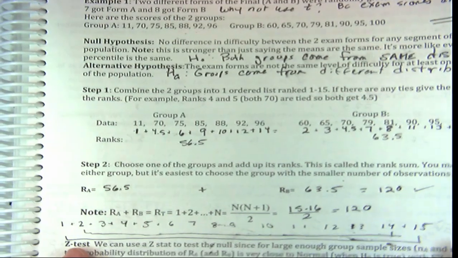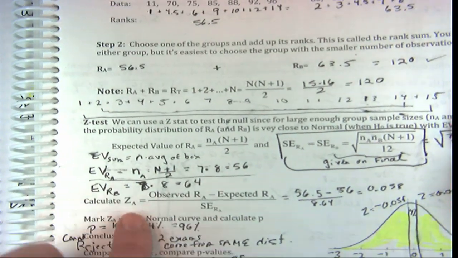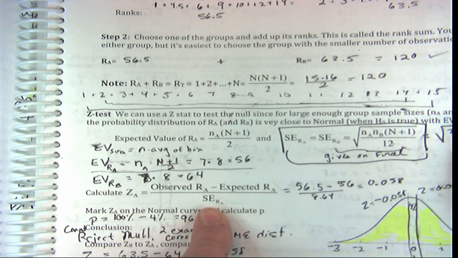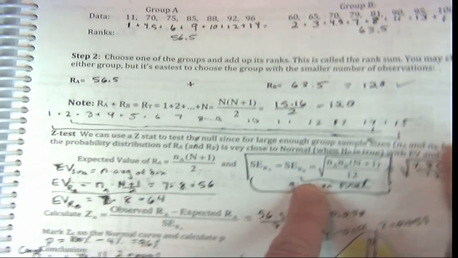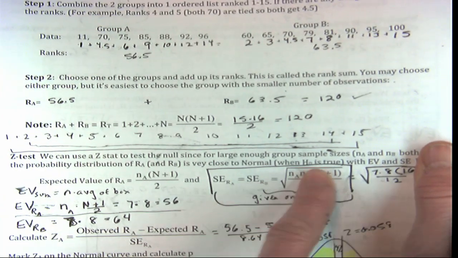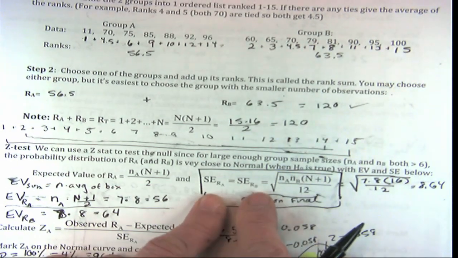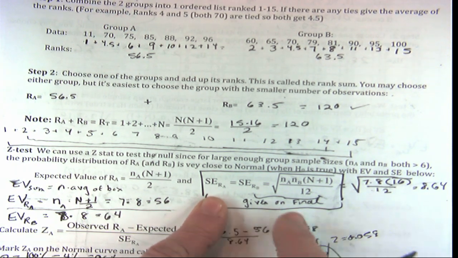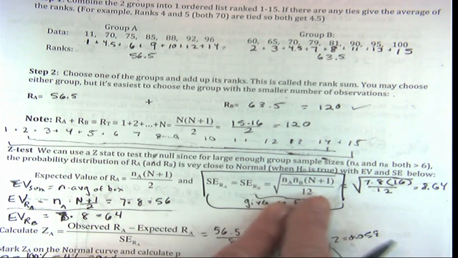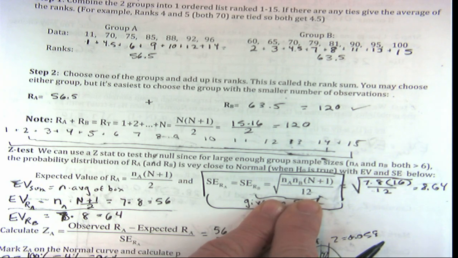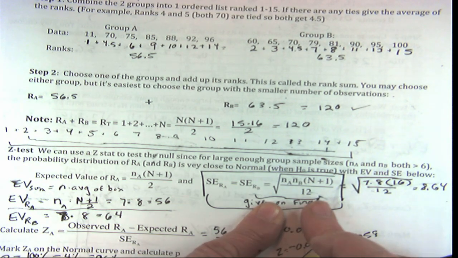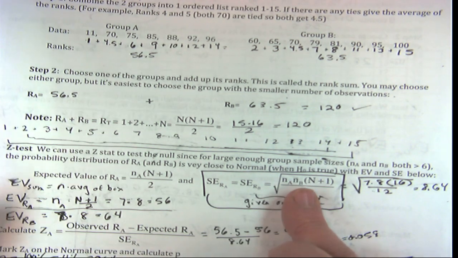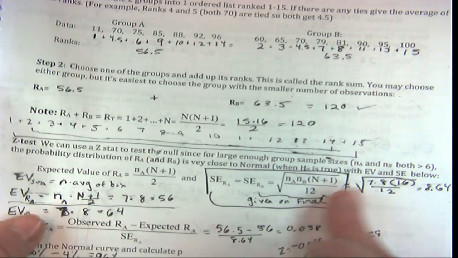So we have these rank sums. This is what I'm comparing to. This is z, the observed rank sum minus the expected rank sum over the standard error. And this is what we said was the standard error, and it's going to be given to you. But I showed you, if you didn't have to pay attention, you don't have to know, how it was derived, where we got the 12 from, and how this made sense. And now if you square this,